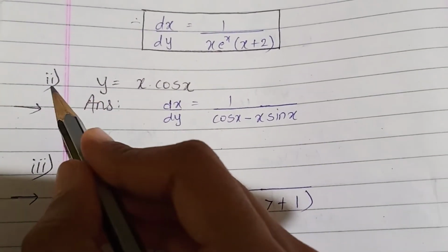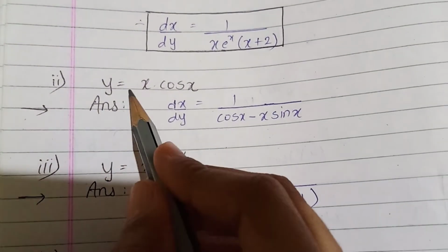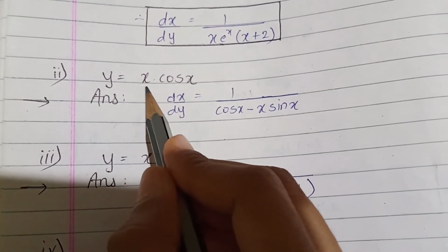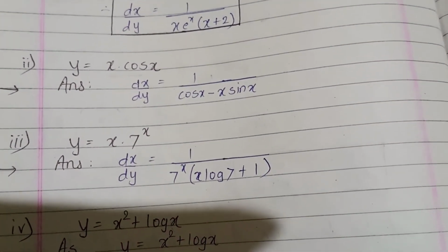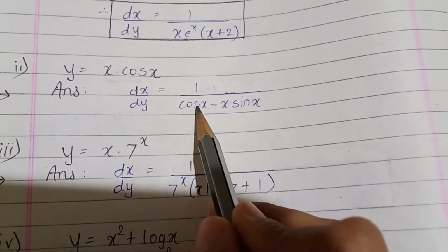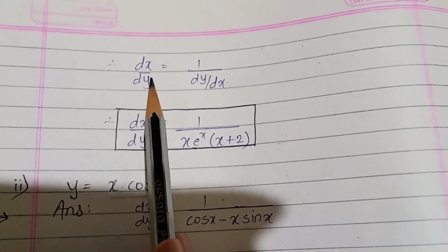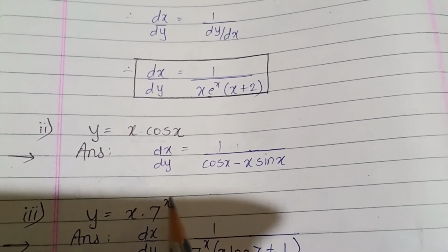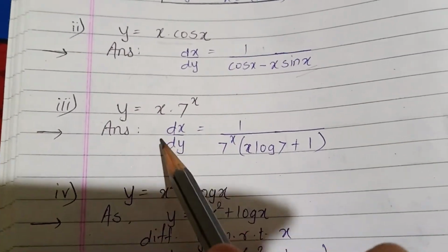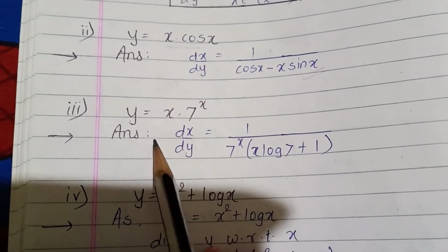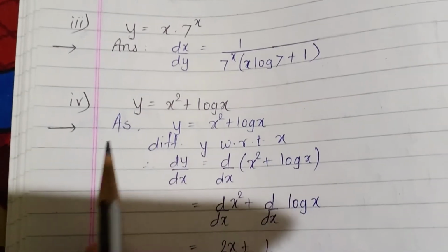Similar type of question is next, so you have to solve that as homework. So y is equal to x into cos x, that is uv form only. Using the definition of derivative of uv, that is the product rule, you will solve and first get dy by dx, remember, and then you have to use this form in order to find dx by dy. That time you will get an answer of such form. Okay. Again the third question is of a similar form, so this also you have to do as homework. The same procedure you will follow.